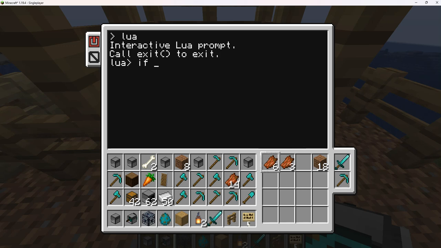So if, let's see, v equals 1, all right? If v is equal to 1, then print value, then print v. So it'll print 1, right? Let's put u